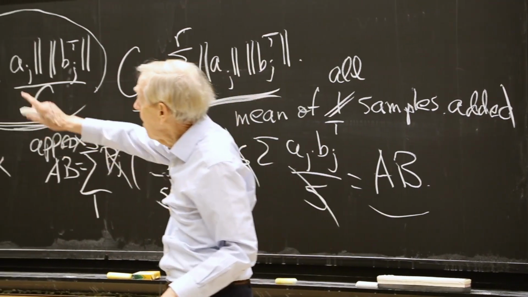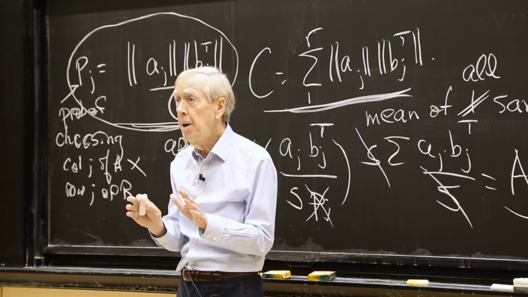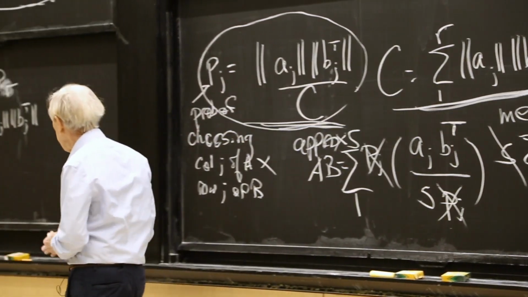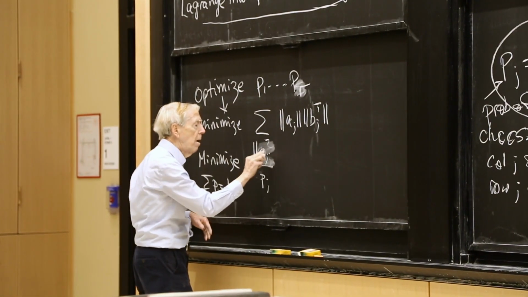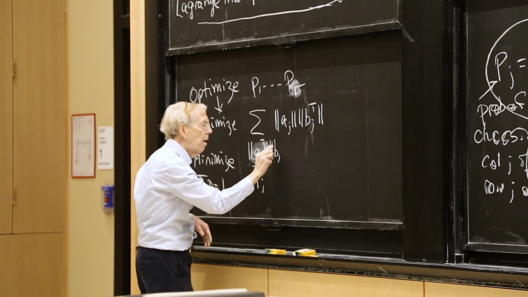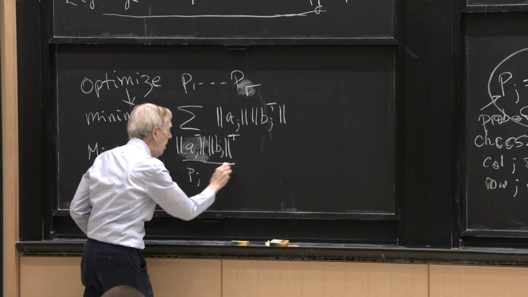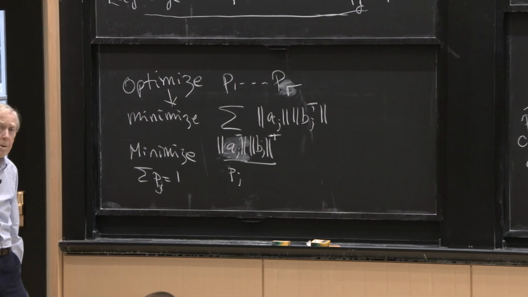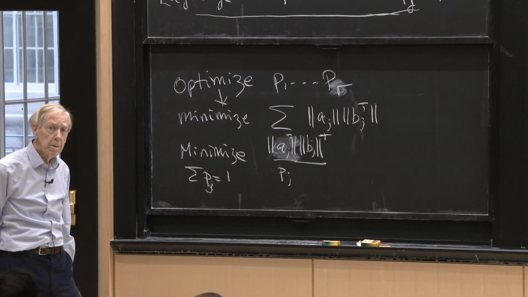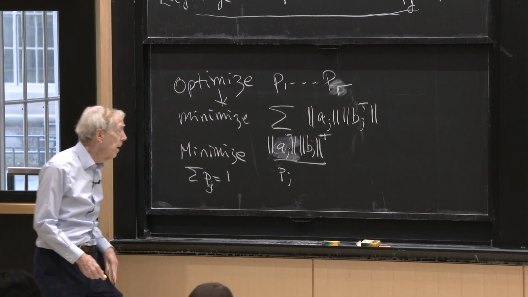So that's the Lagrange multiplier aspect. The statistics has been done. I'm getting this answer, and instead of putting in some weird Q, let me put in what these are. They're a bunch of numbers. But I'm dividing by the PJ. And how do you find the best PJ? Do you know about that optimization question? They have to add to 1.